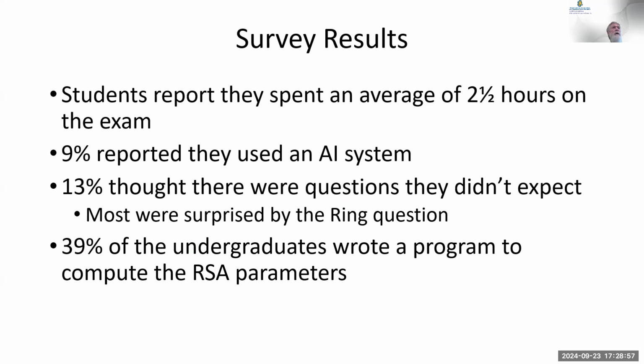The difference between the graduate and the undergraduate version, the 620 and the 422 version: 422 was not given the P and Q values like the graduates were. They had to figure them out. How do you figure that out? Well, you could write a program to do it. It's not that hard to factor two small numbers, as opposed to factoring really large numbers. But some people, there's a question here.